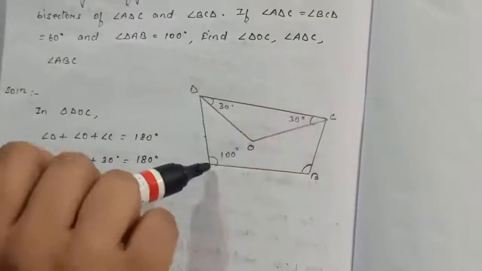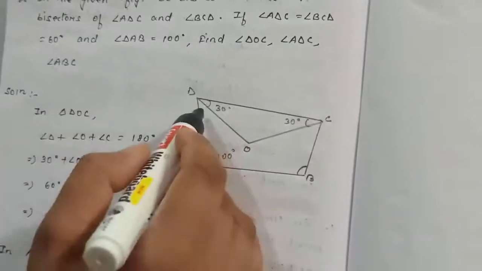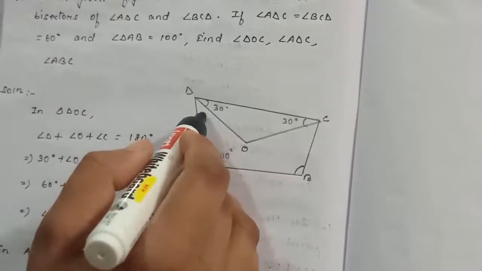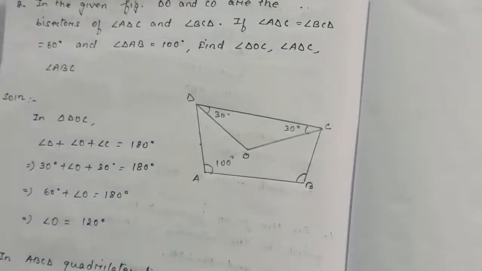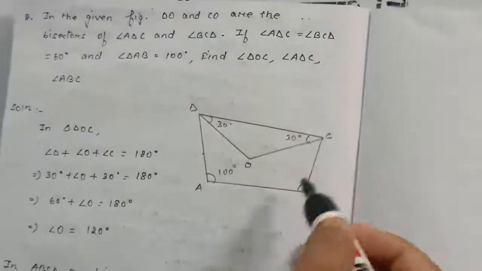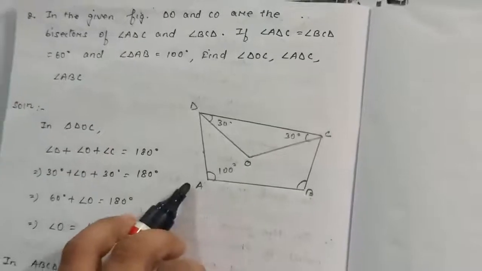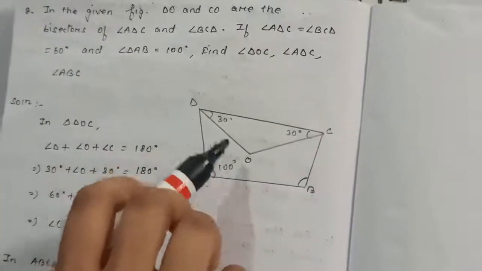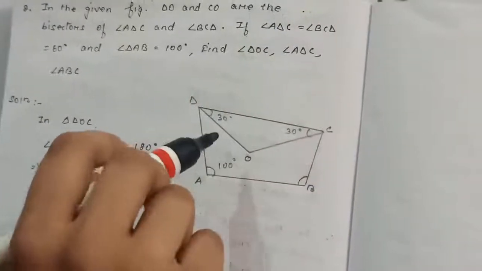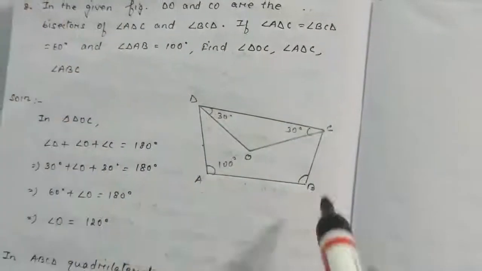Since angle ADC is given as 60 degrees and DO is the bisector, this will be 30, this will be 30. Okay, 60 will be divided into two equal parts. Now angle ADC is given as 60, angle BCD is also given as 60 degrees, and angle DAB is equal to 100 degrees. They told you to find angle DOC, angle ADC, although angle ADC is already given, this is a mistake, and we have to find out angle